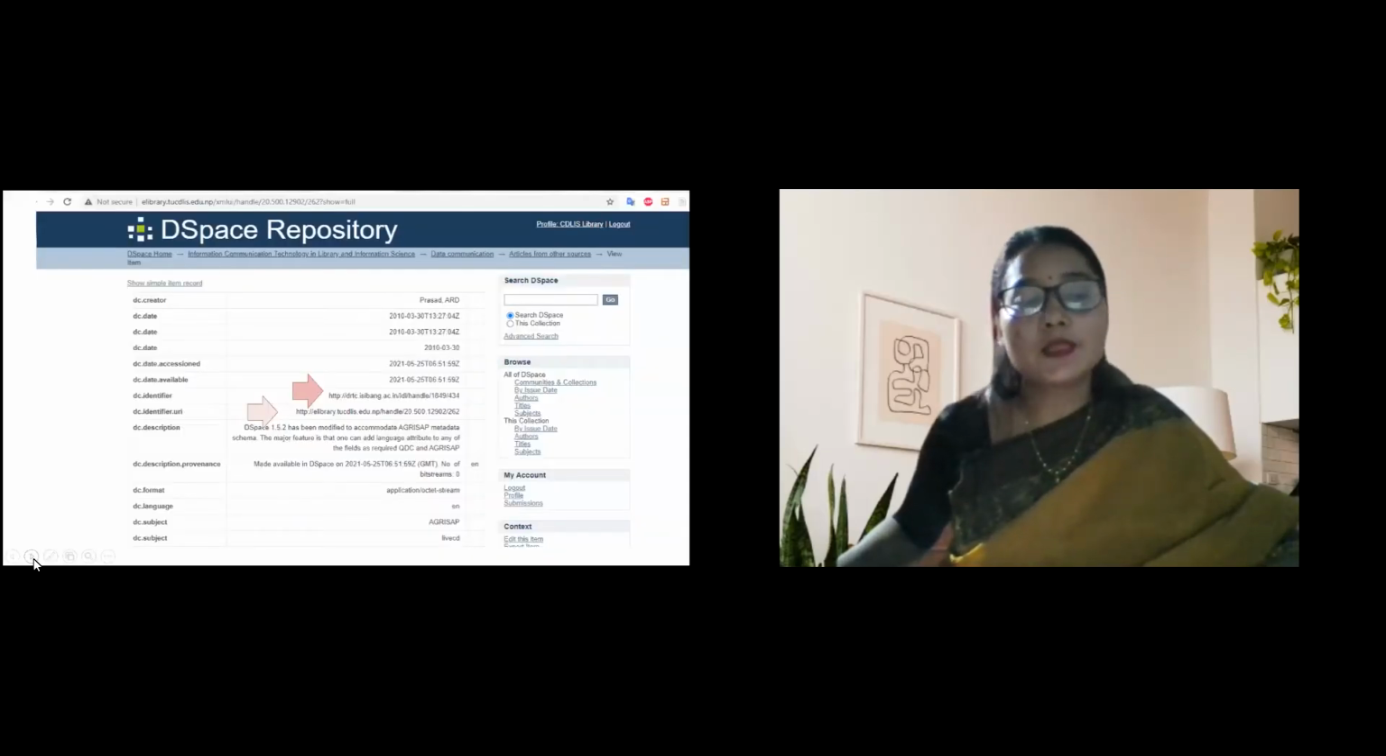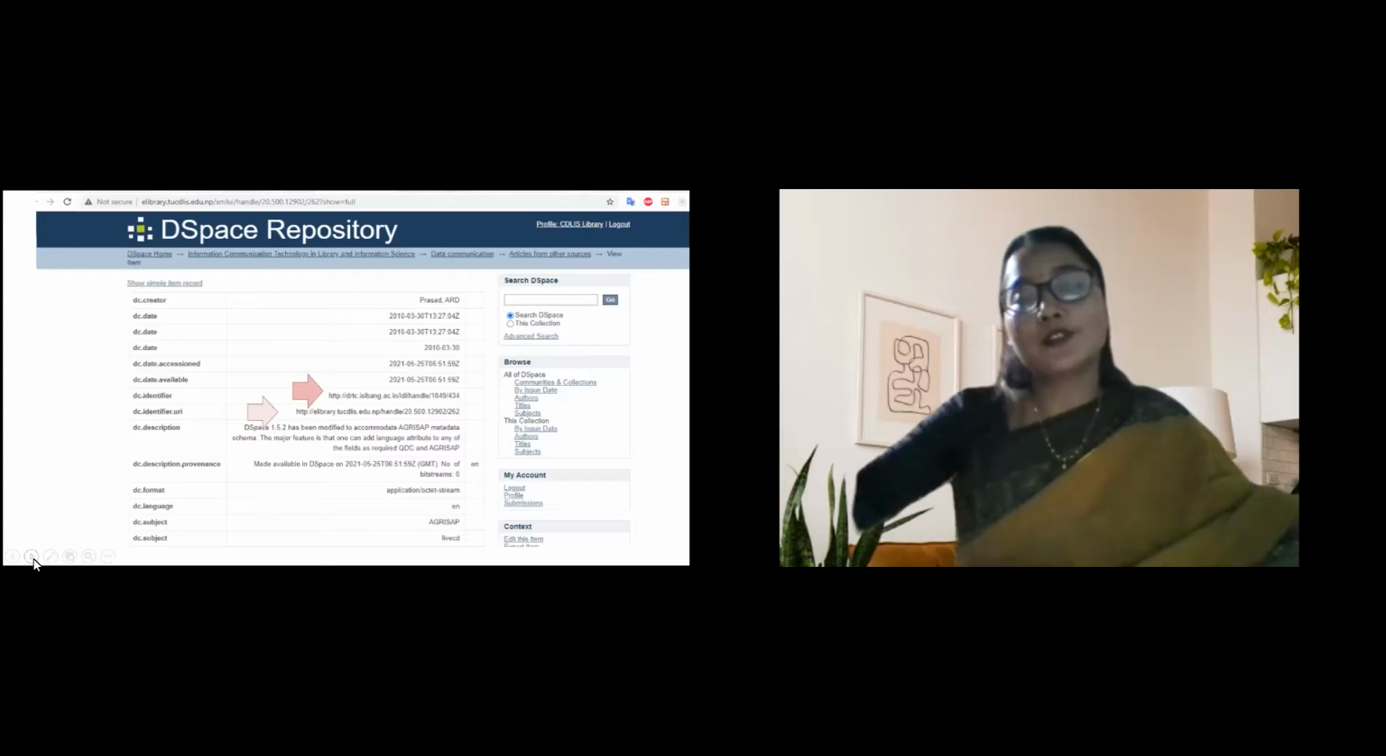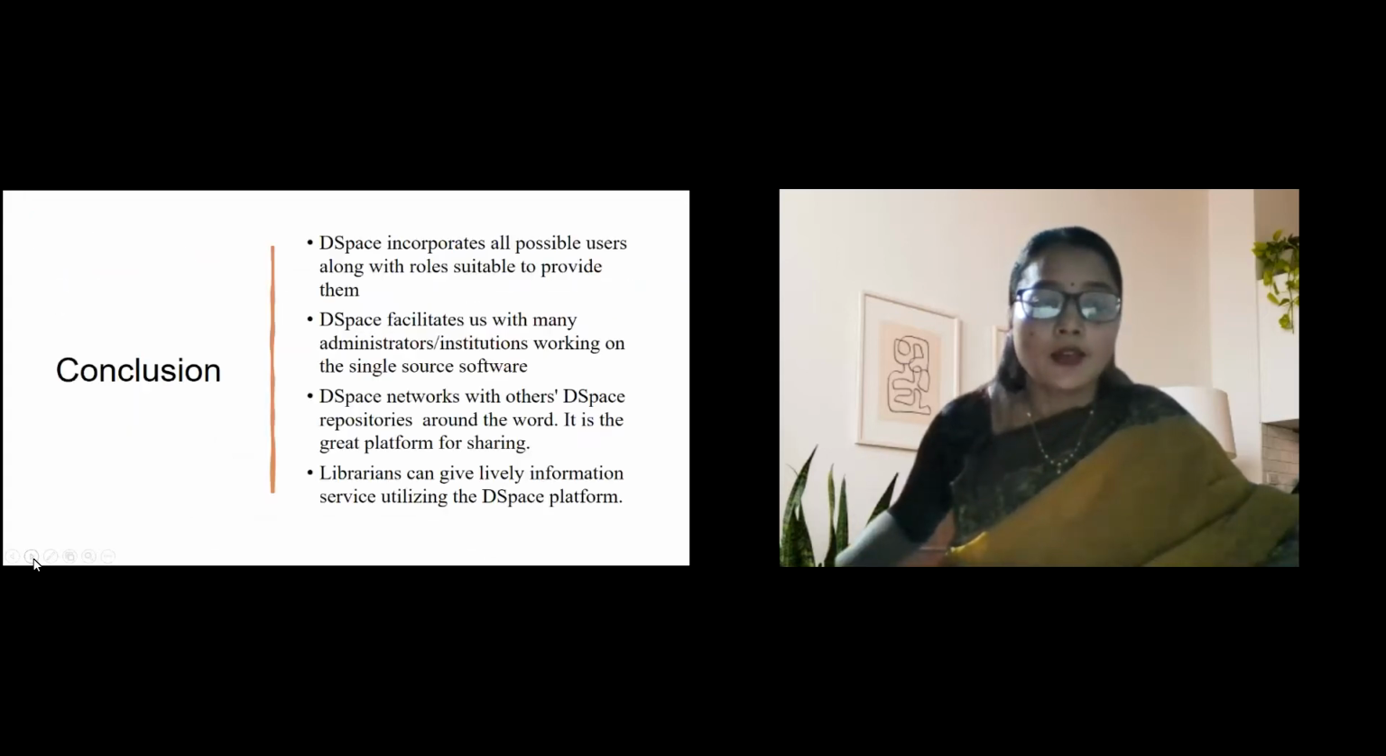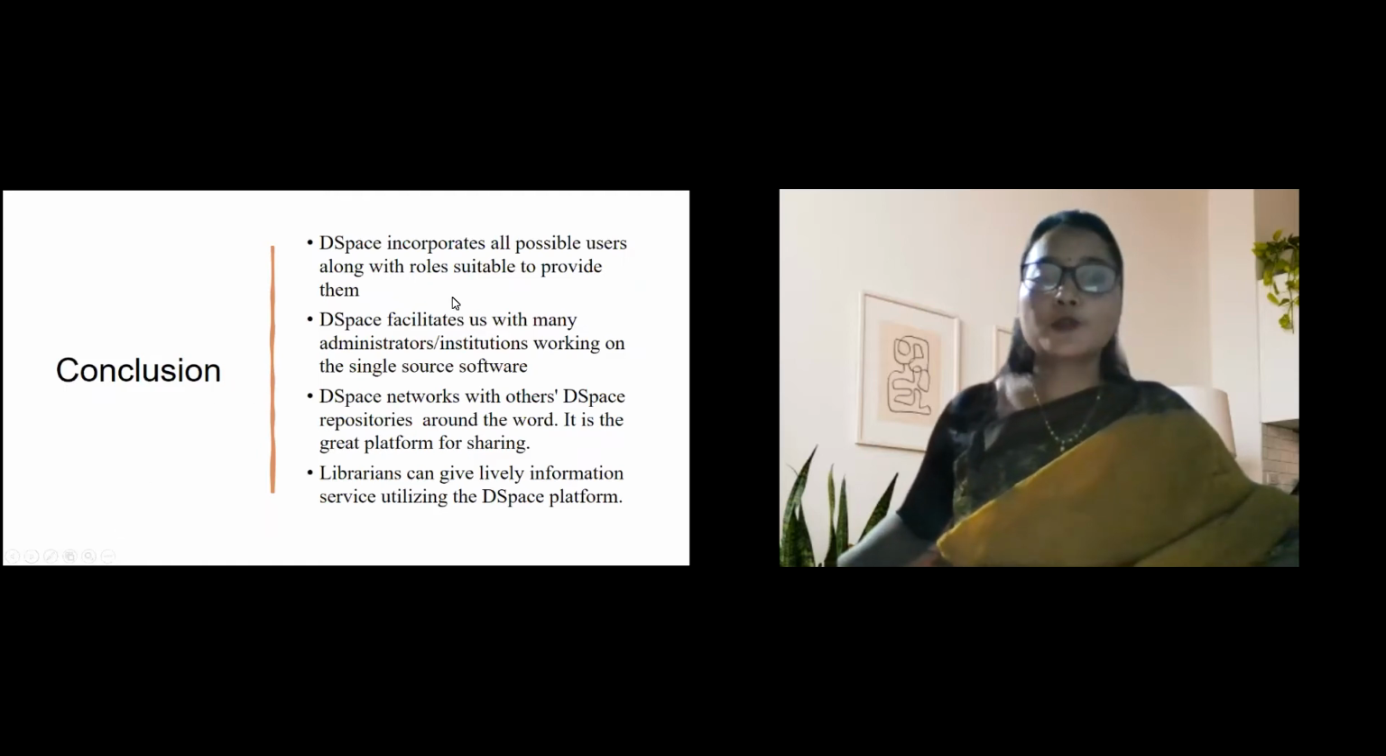the data from other DSpace. And similarly, our data can be harvested to others. This will also, we will find. And in conclusion, for the first part, DSpace